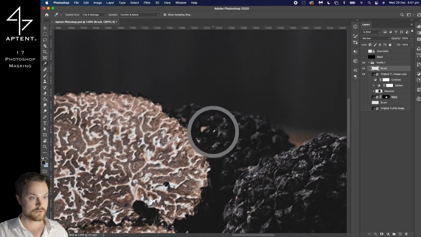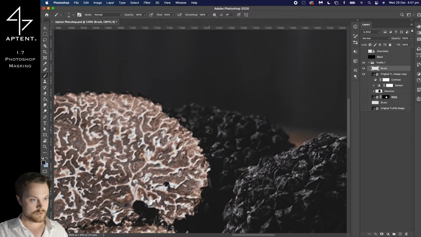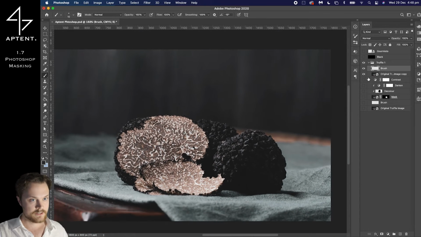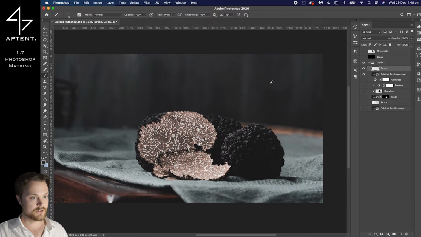Cool, come back over to here as well. Do a few different little blobs. Same with that. Cool. Already, that's starting to look way better. We've hidden a lot of the imperfections. It's starting to look like a perfect truffle,